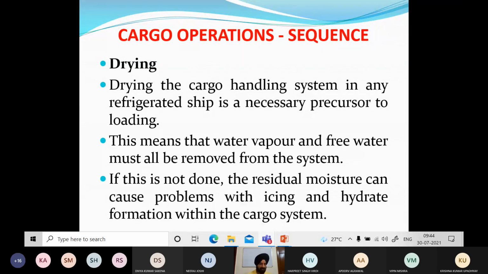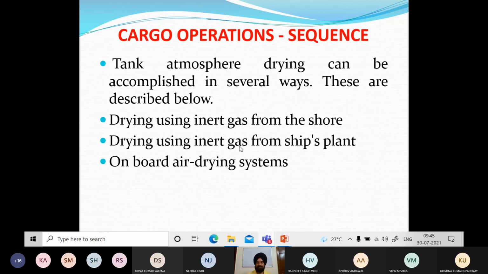क्योंकि अगर उसके अंदर वो ड्राई ना हुआ तो वेपर्स हुए, वाटर वेपर्स हुए या पानी हुआ, तो जैसे हम उसको कूल करेंगे तो सारा आइस बन जाएगा। एंड हम कैसे पंप्स को यूज़ करेंगे? सो दिस मीन्स द वाटर वेपर एंड फ्री वाटर मस्ट ऑल बी रिमूव्ड फ्रॉम द सिस्टम, एंड इफ दिस इज नॉट डन द रेजिडुअल मॉइस्चर कैन कॉज प्रॉब्लम विद आइसिंग एंड हाइड्रेट फॉर्मेशन विद इन द कार्गो सिस्टम। क्लीनिंग होगी, उसके बाद आपकी ड्राइंग। द टैंक एटमॉस्फेयर ड्राइंग कैन बी अकम्प्लिश्ड इन सेवरल वेज, ड्राइंग यूजिंग इनर्ट गैस फ्रॉम द शोर, ड्राइंग यूजिंग इनर्ट गैस फ्रॉम द शिप्स प्लांट, और ऑन बोर्ड एयर ड्राइंग सिस्टम अगर कुछ है आपके पास।